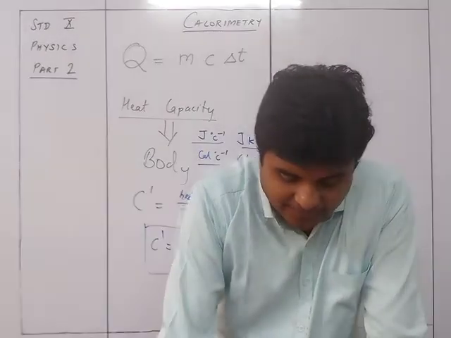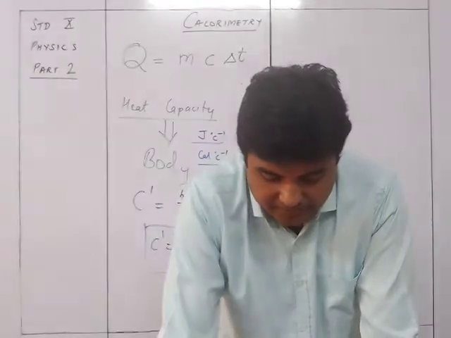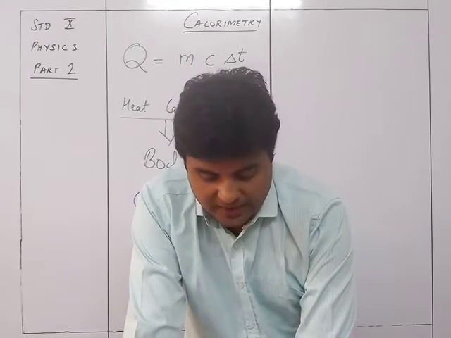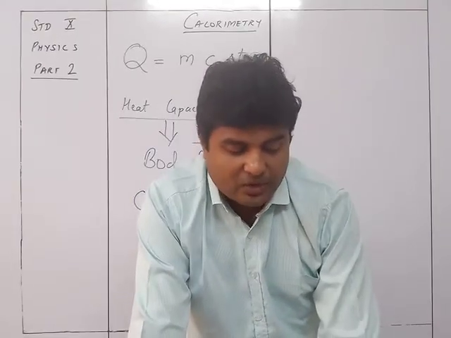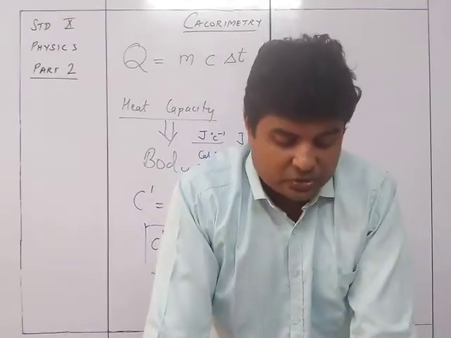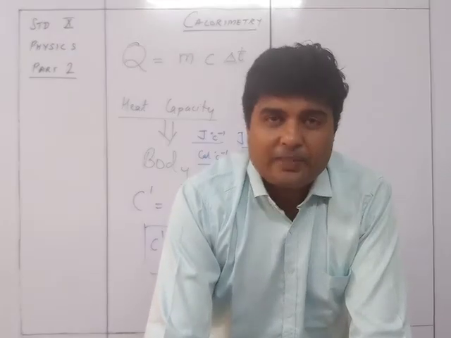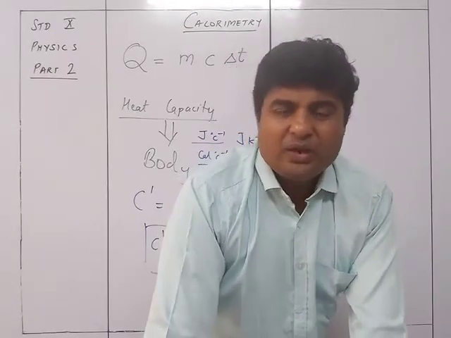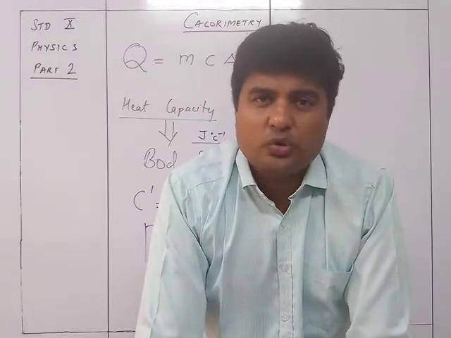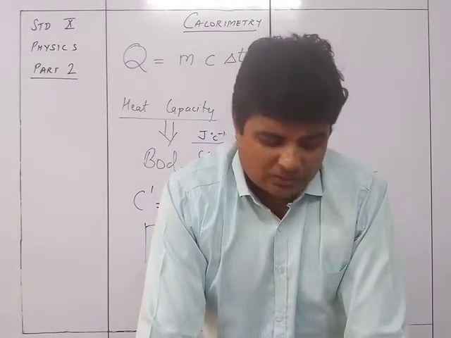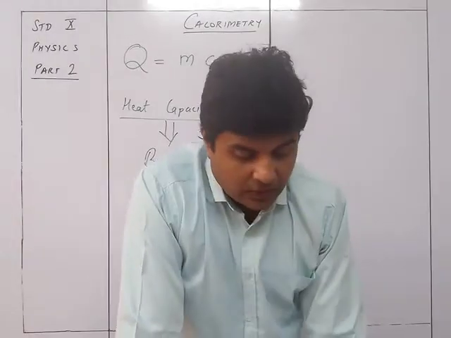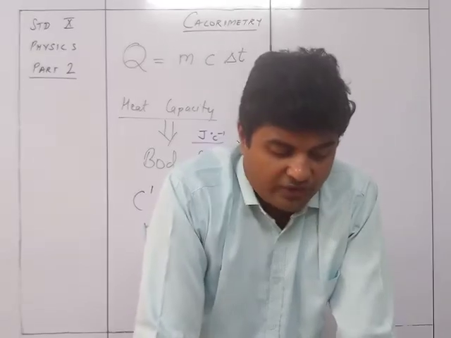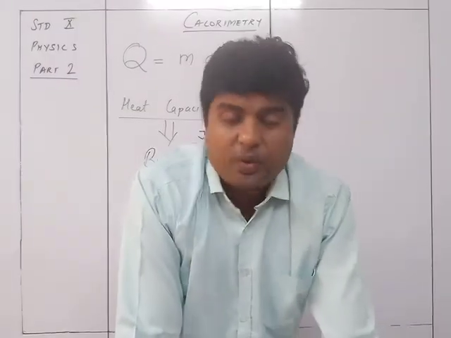The other units of heat capacity are calorie per degree Celsius, calorie per Kelvin, kilocalorie per degree Celsius, or kilocalorie per Kelvin. They are related as follows: 1 kilocalorie per degree Celsius is equal to 1000 calorie per degree Celsius, and 1 calorie per Kelvin is equal to 4.2 joule per Kelvin. So it's the same thing, you are not changing anything. The 4.2 stays 4.2 from joule to calorie, and calorie to kilocalorie is 1000. So that's nothing difficult there. Note, if the heat capacity of a vessel is 30 joule per Kelvin, it means that 30 joule of energy is required to raise the temperature of the vessel by 1 Kelvin.